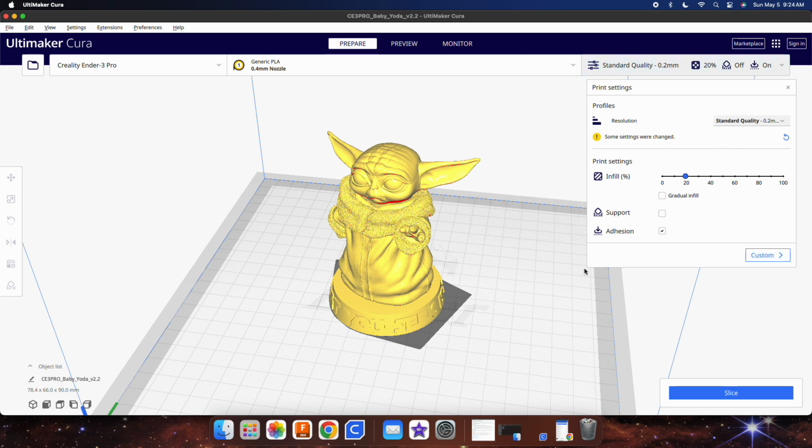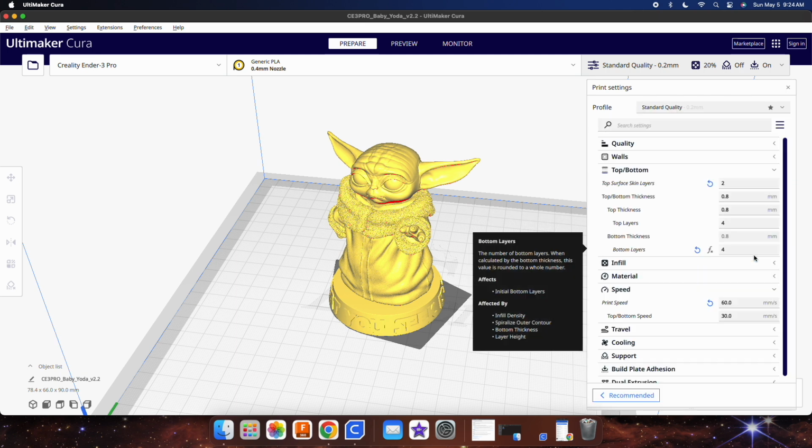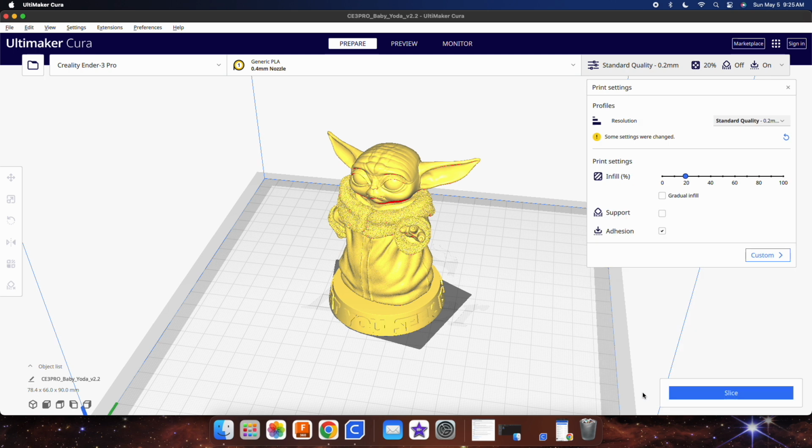So the basic settings, the presets, the ones that you're going to be changing the most often will be shown in this small box. If you click on custom, you'll get to the more advanced features, but we're just going to click back to recommended for now. So the resolution, like we've already talked about a little bit, is just how tall is each individual layer. If you have a low quality resolution, or a higher number, so 0.28 millimeters, then it's not going to look as good. If we slice this,